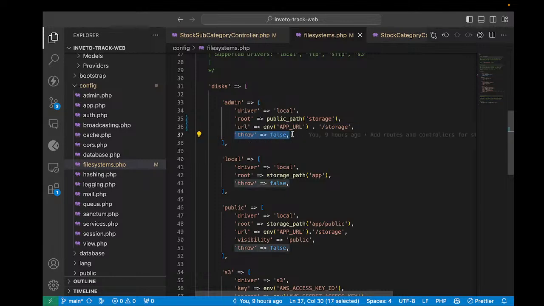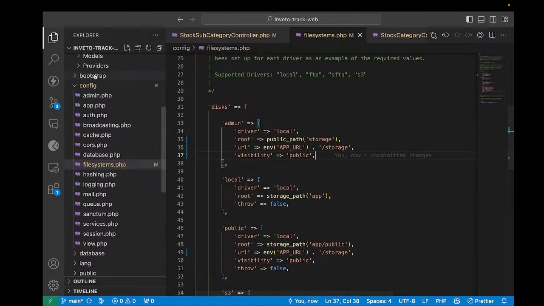So that is how you have to configure. I think that's how you have to configure your storage in order to be able to see the images. Okay, so come to configuration, files, then disks, and then say admin, and then go ahead and put the drive